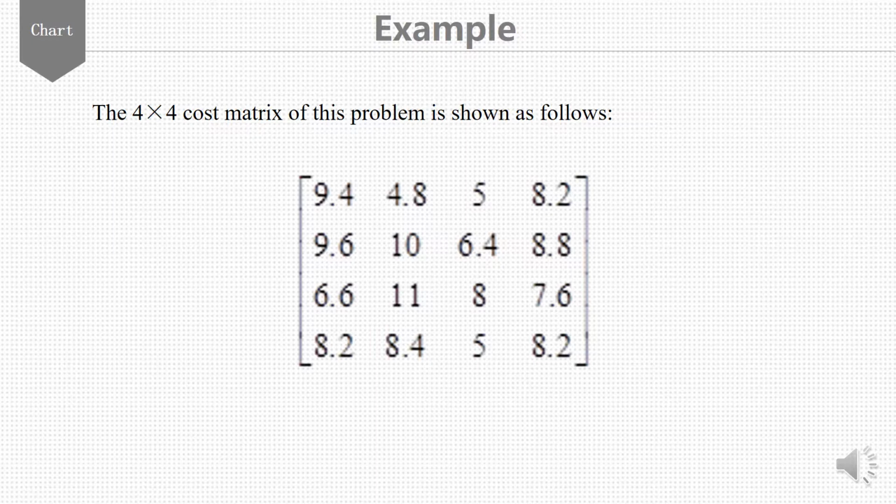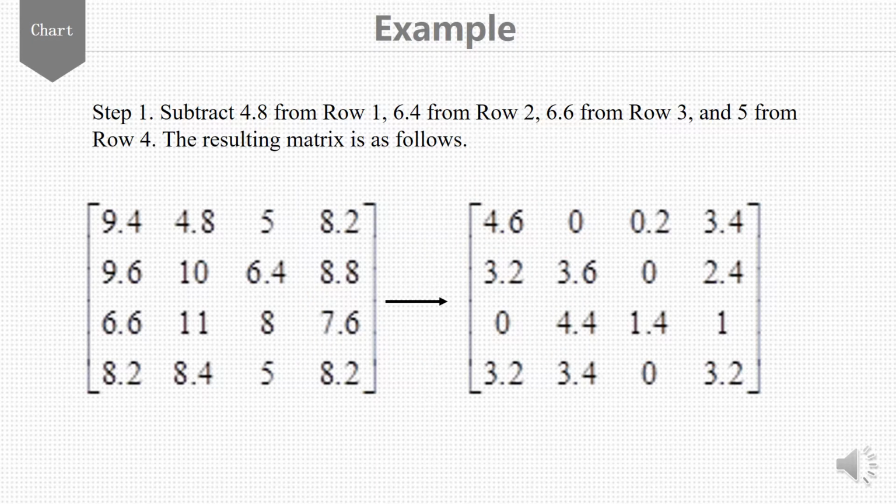A software development project consists of 4 different tasks: Task 1, Task 2, Task 3, and Task 4. There are 4 development sites: Site 1, Site 2, Site 3, and Site 4. They each demand different pay for various tasks, and our problem is to find the lowest cost way to assign the tasks. Step 1. Subtract 4.8 from row 1, 6.4 from row 2, 6.6 from row 3, and 5 from